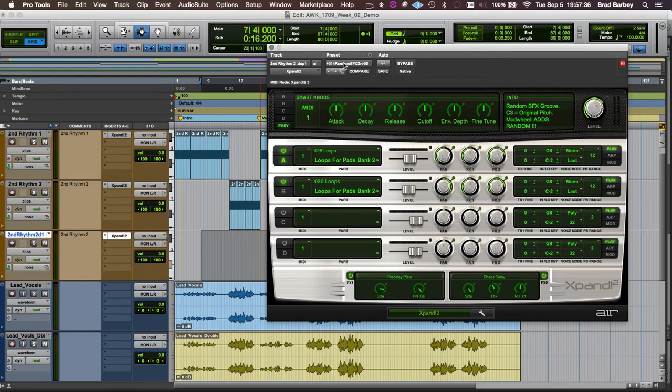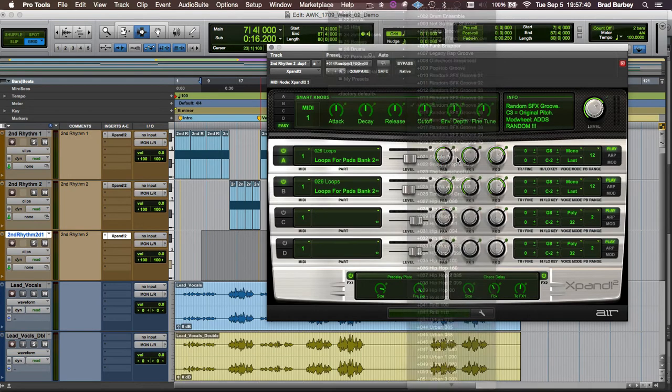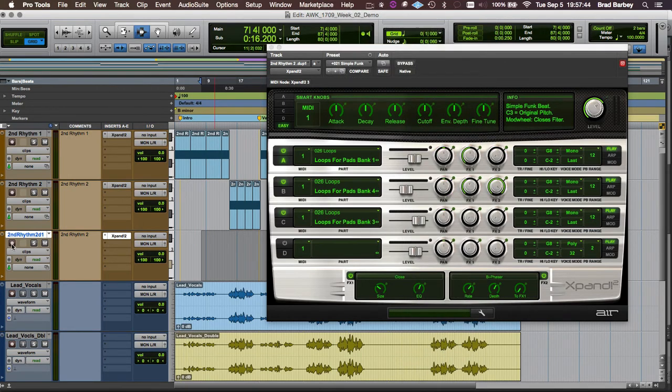So what I'm going to do is I'm going to pick another one here. And so the question was, how do I get them to automatically play? I'm just record enabling here in the track. And now when I hit the key on the keyboard, I'm getting the